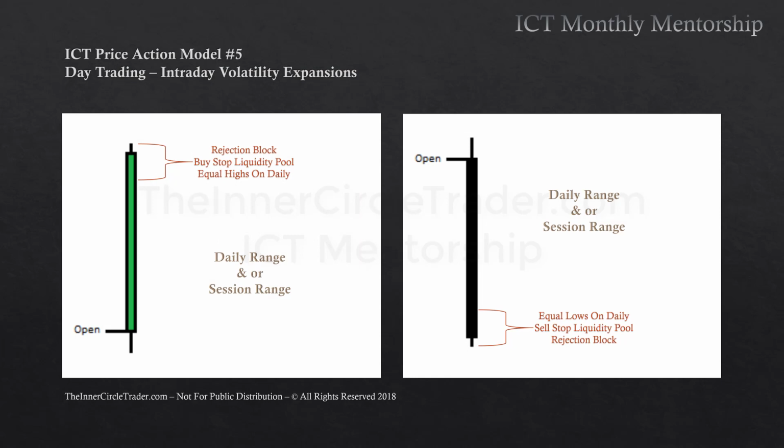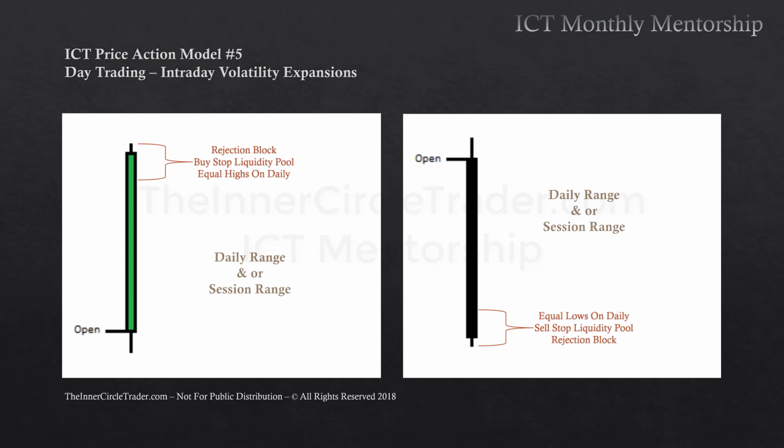Alright, so again, day trading, the intraday volatility expansions. When we're looking for bullish scenarios, what we're anticipating is the opening in this perspective, and this is kind of like an internal dialogue and how I visualize it. The range here is only delineating what would be seen as a session. Okay, so if we encapsulated the entire London session or the New York session from the beginning point at the kill zone and when the kill zone ends,